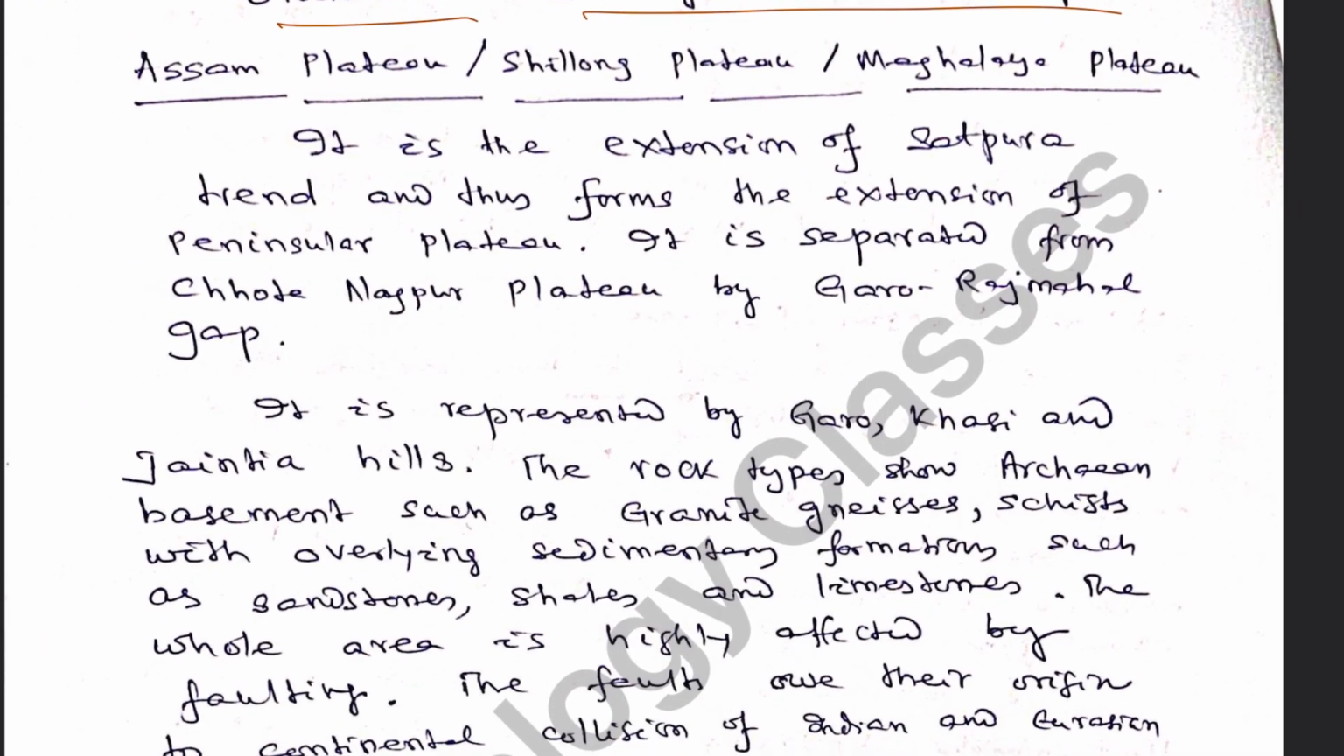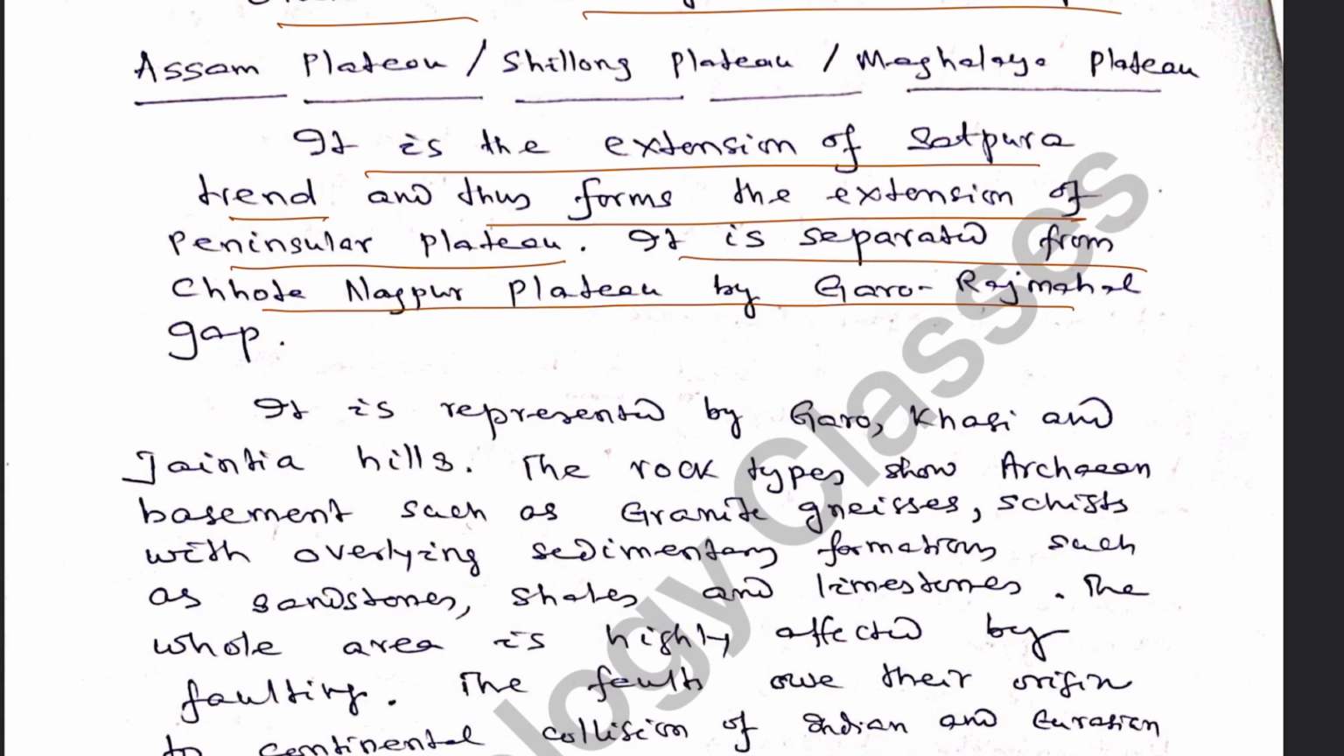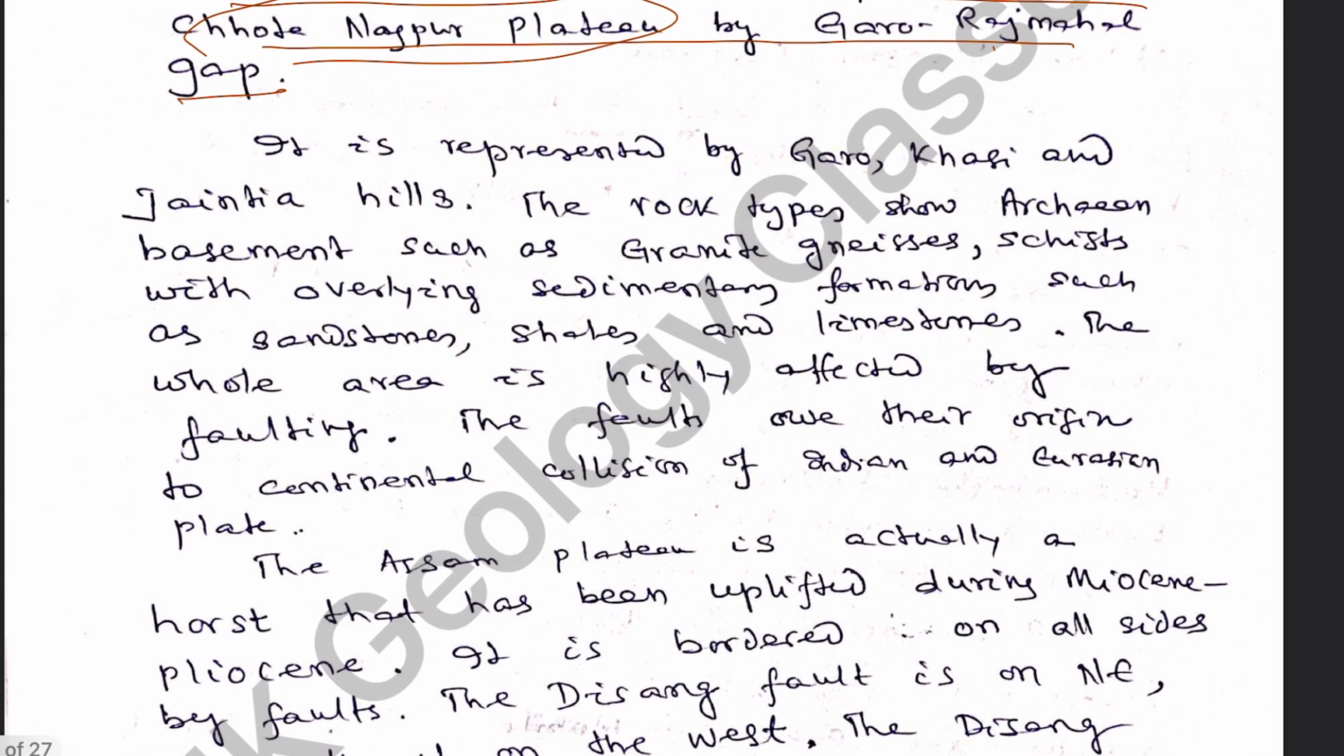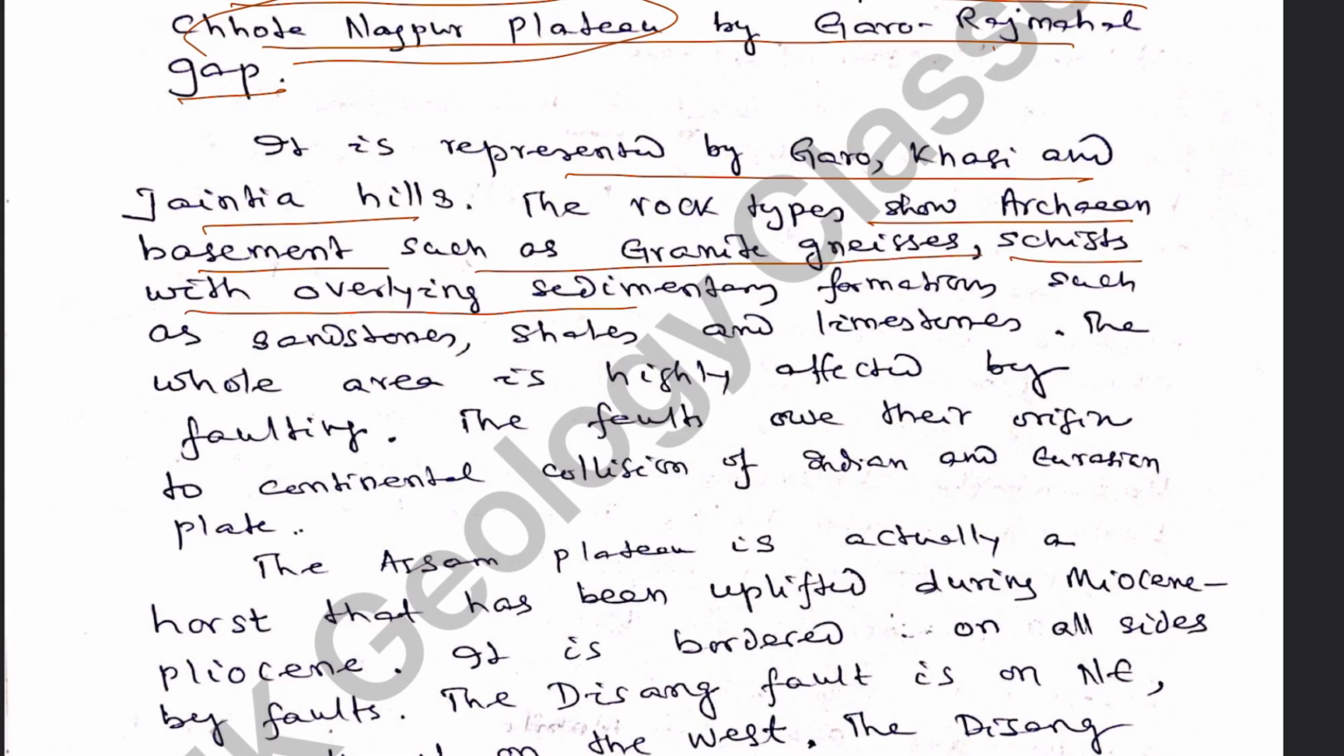Then we have the Assam plateau or the Shillong plateau, which is also called Meghalaya plateau. It is the extension of Satpura trend and thus forms the extension of the peninsular plateau. It is separated from the Chhattisgarh plateau by Garo Rajmahal gap. It is represented by three hills, Garo, Khasi and Jaintia hills. The rock types show Archean basements such as granite gneisses, schists with overlying sedimentary formations of sandstone, shale and limestones